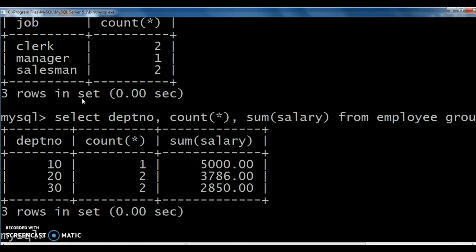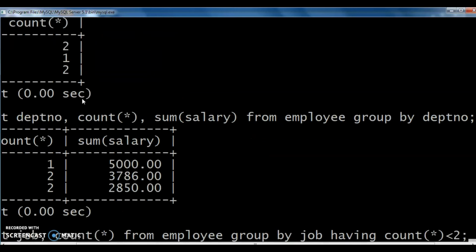From the total 5 records, we can identify department number 10 belongs to only 1 record. Sum of salary 5,000. Then 20, 2 records are there. Total we will get. Then department number 30, again 2 records. Total salary 2,850.